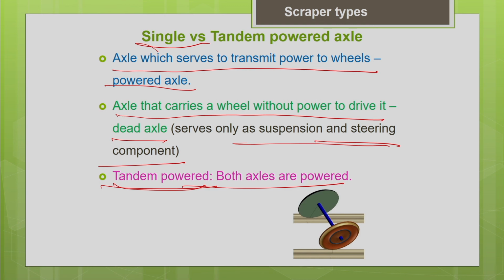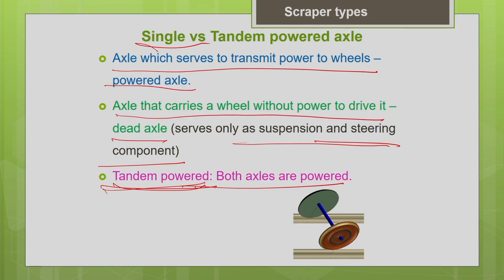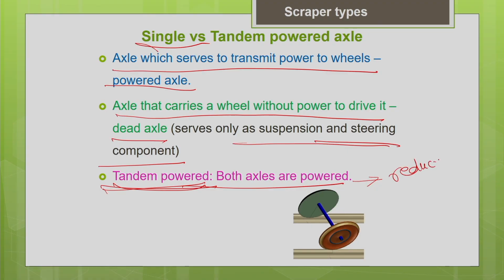So how do you make the choice of machine for your project? If your project conditions are very severe, extreme working conditions, poor underfoot conditions, where the resistance is going to be very high in terms of rolling resistance and grade resistance, in that case you have to go for tandem powered machines, where all the axles are powered, which can generate more power to overcome all this rolling resistance. That will help a lot to reduce your cycle time and increase your productivity. So it will reduce your cycle time or increase the speed of your machine.